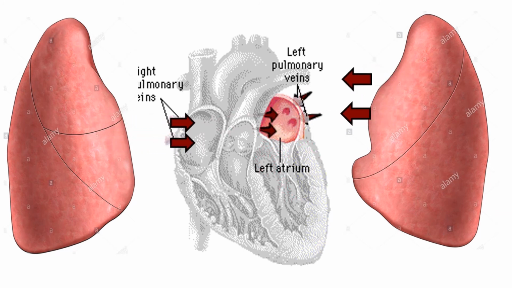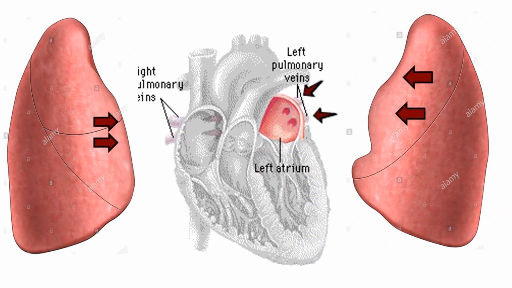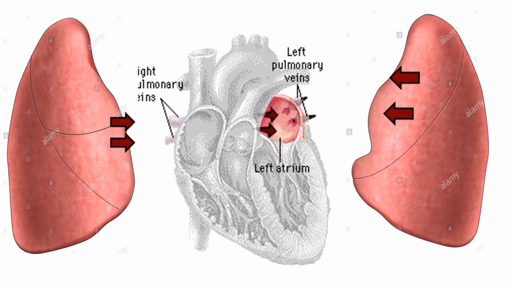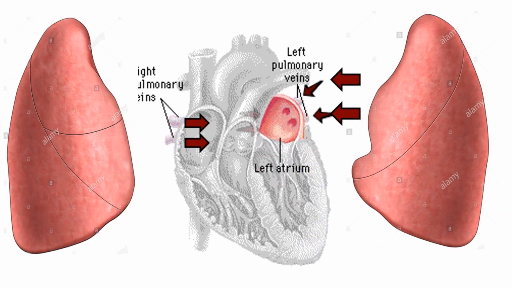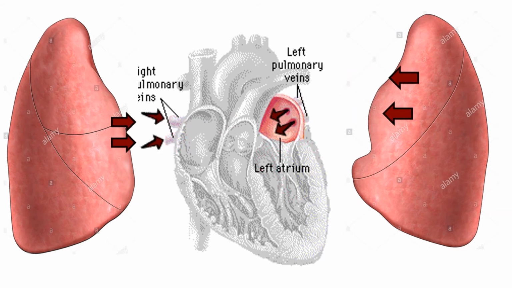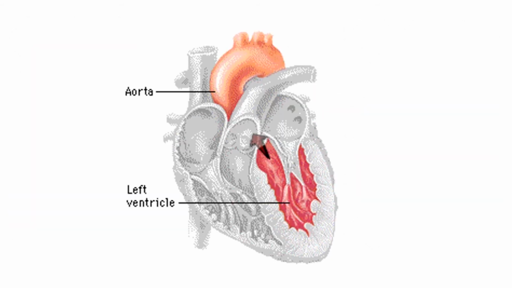Once the deoxygenated blood gets purified at the lungs, it is transported towards the heart through the pulmonary vein to the left atrium. Again, remember, veins always carry the impure blood, but the pulmonary vein is the only vein that carries the pure blood. From the left atrium, the blood is pumped to the left ventricle through the bicuspid valve. From the left ventricle, oxygenated blood is pumped through the biggest artery called aorta to the entire body.